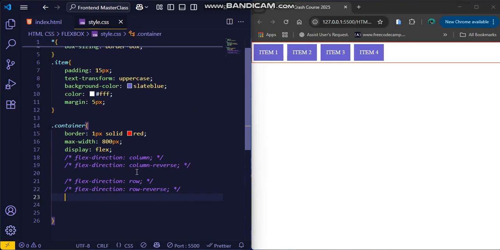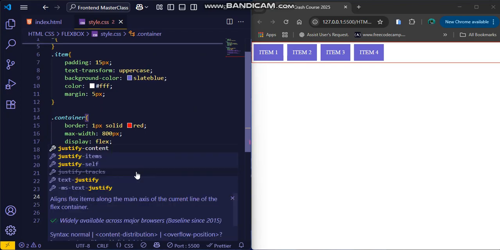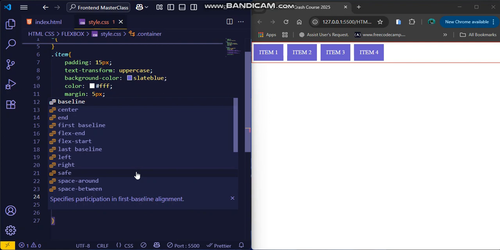We also have this property called justify content. Justify content controls how items are distributed along the main axis. So what I mean is that, let's say justify content. Can you see the options? Baseline, center,